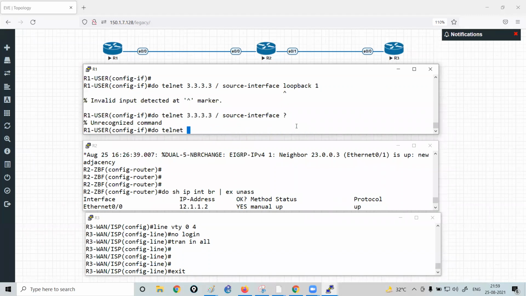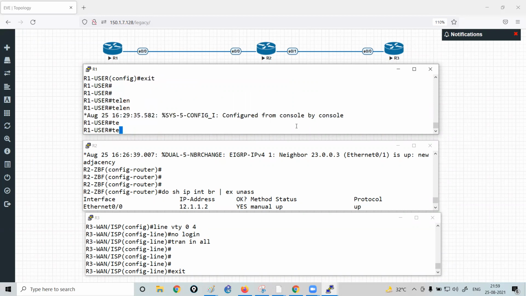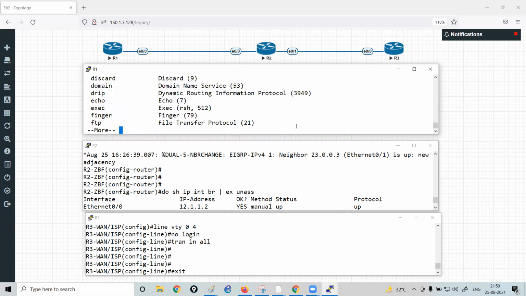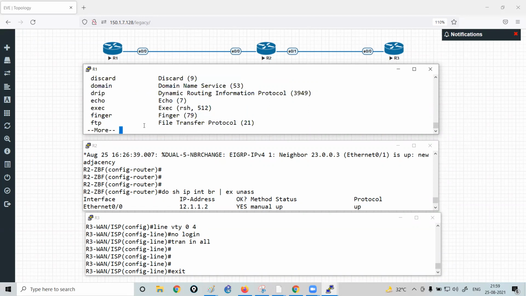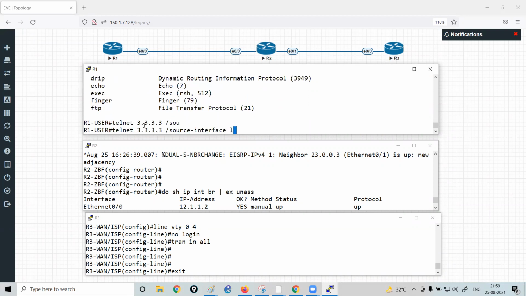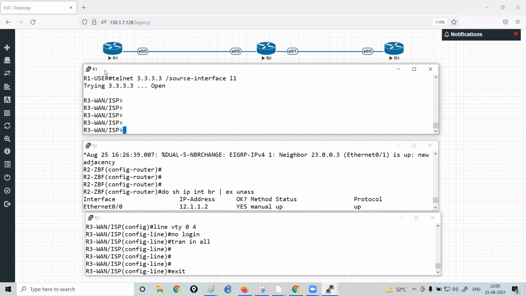I think just hold on. Telnet 3.3.3.3. Then you can see we have this interface. Okay, I just missed this syntax. Source interface, loopback 1. You can see we are able to get the access from router R1.